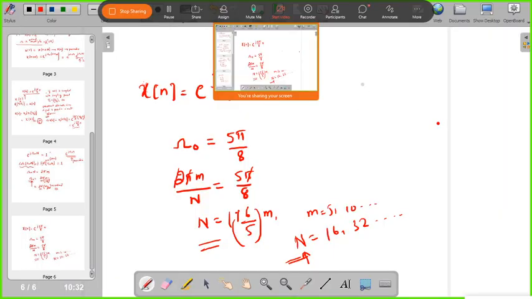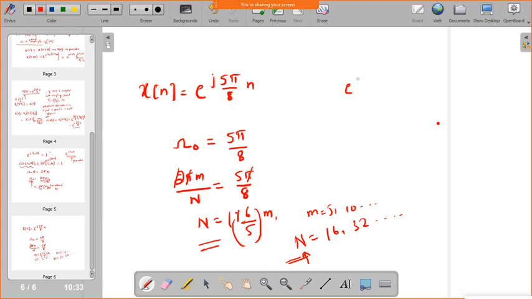Take x of t equal to e power j 2 pi by 5 t,